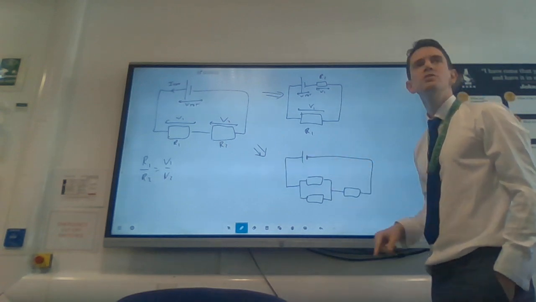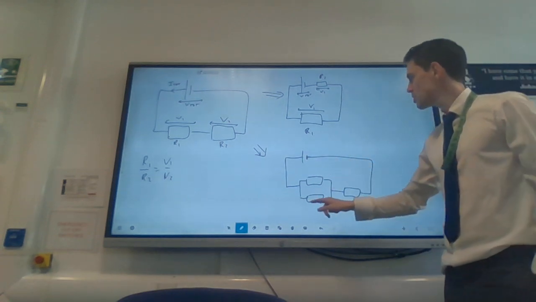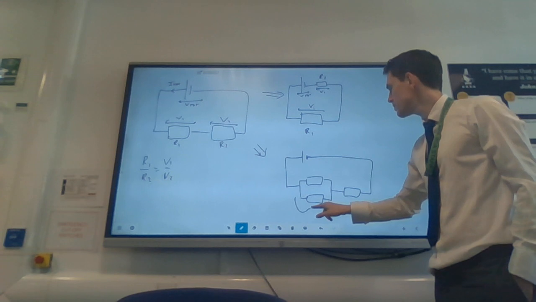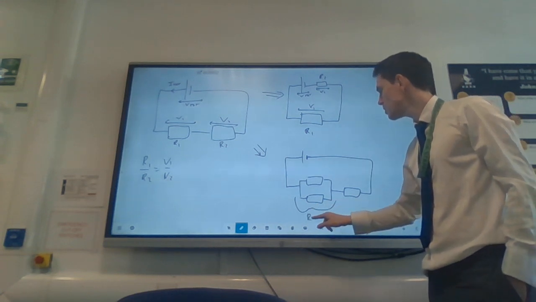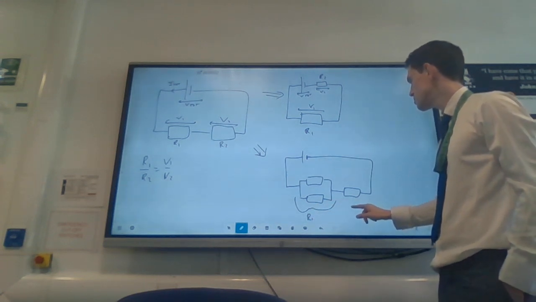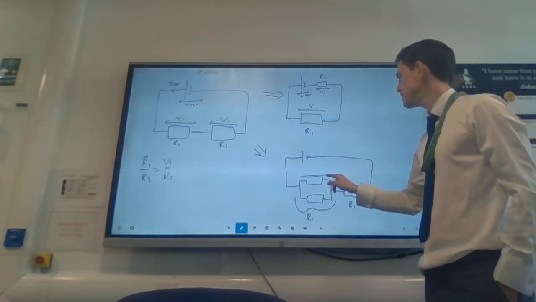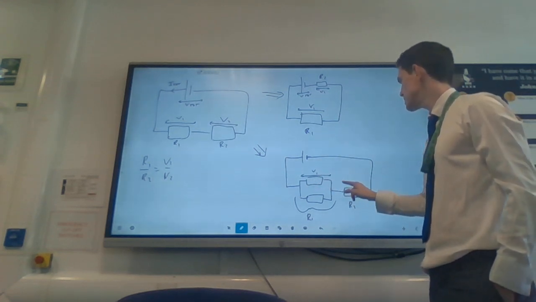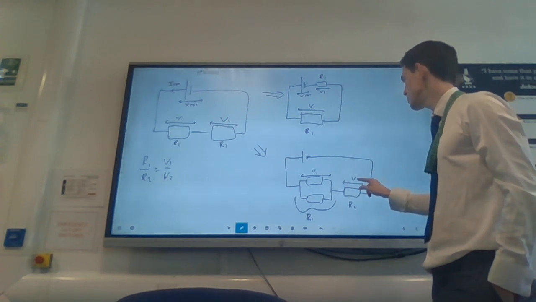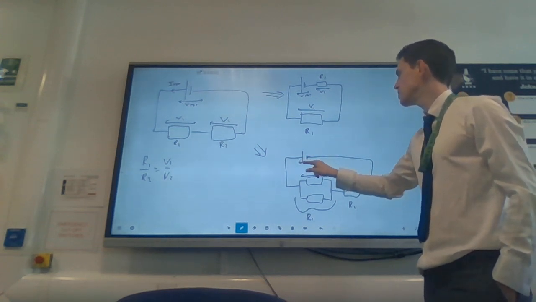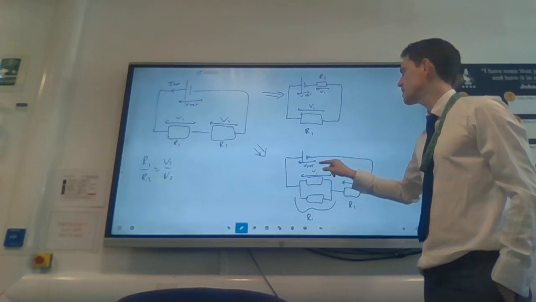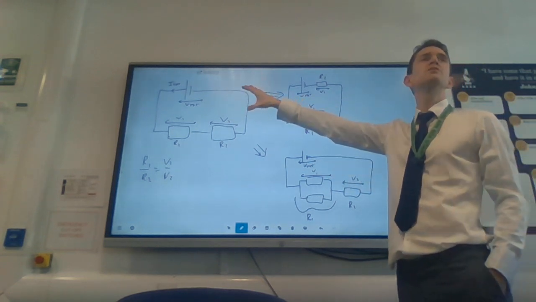This is still a potential divider, but so long as we call all of this R1 and we call this one R2, and we still have V1 as before, and we still have V2 as before, and V tot as before. Now everything applies the same as it did with the original one,